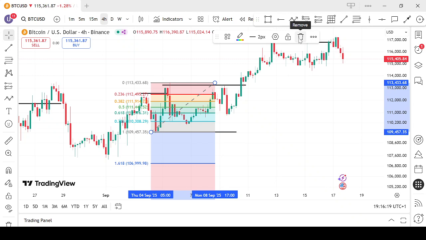Now, the fifth step would be to implement your risk management. You would have to decide the percentage of your portfolio by risking commonly 1 to 2% of your account. So when placing a stop loss just below a key support or resistance level, you should always adjust your orders in such a way that you do not risk more than 1 or 2% of your trading capital